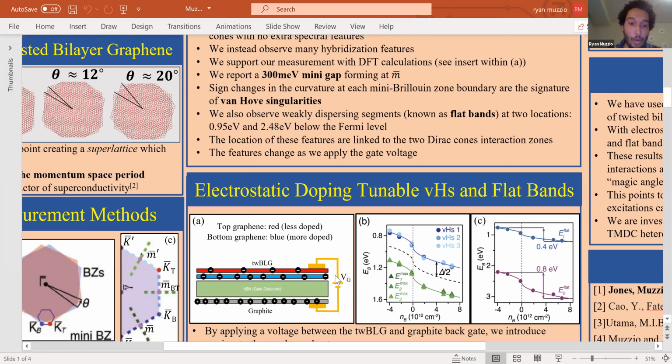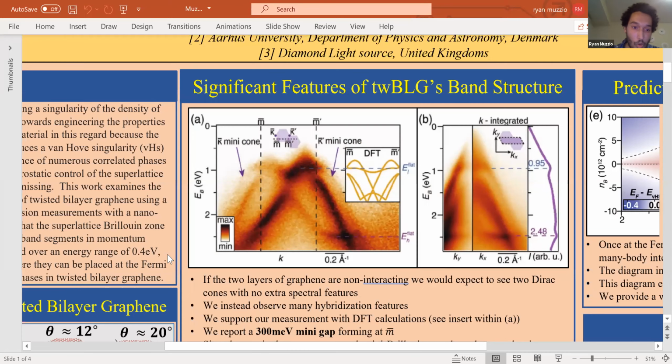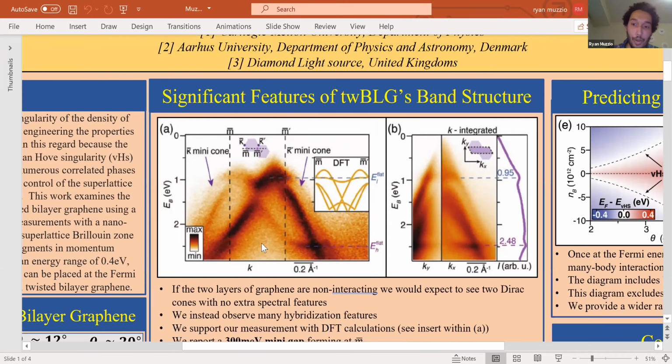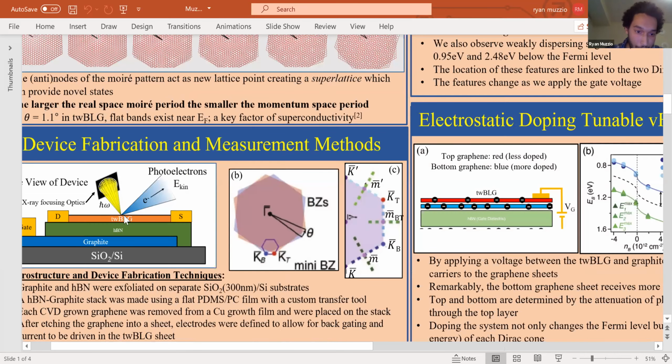So that way we're able to control how many electrons exist in the twisted bilayer graphene. But then you're going to ask me, okay, so once you do that, what's happening? Well, we are shining photons onto our system. So we put photons down onto our system and they go through the process of photoemission, so they are ejected from our twisted bilayer graphene.